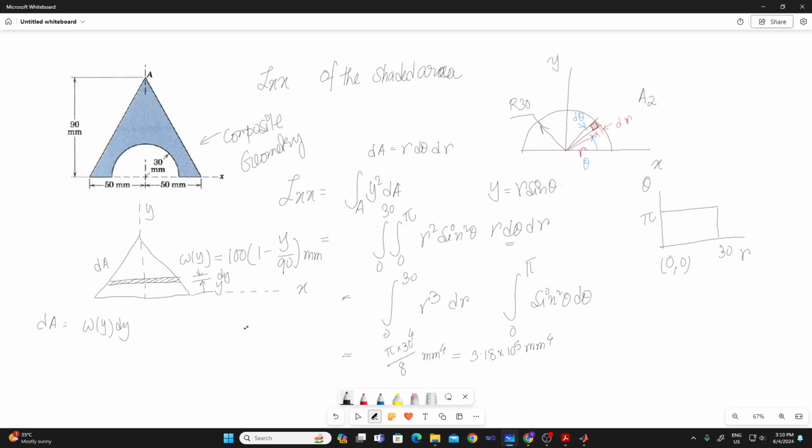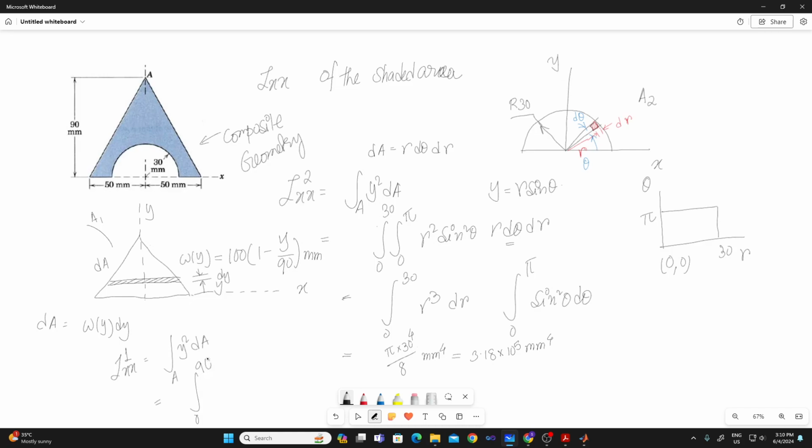Then I can do the same exercise to get the Ixx. I'm going to call it Ixx2, and this one I'm calling Ixx1 because I'm calling this one A1. So if I perform the integration of y squared dA, it is going to be 0